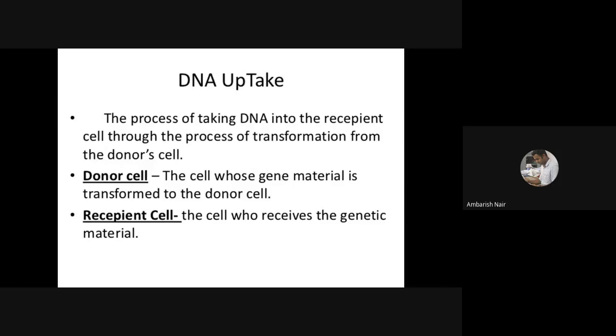That means a bacteria, that cell is not deliberately giving a gene to another bacteria. After its death, or maybe because of UV light, or maybe because of high temperature, it will get degraded, and its genome is there somewhere in the water, or in the soil, or on a skin surface. So ideally you cannot call them donor cells, but for understanding the concept, we can call them donor cells. Those are the cells whose genetic material is transferred to the recipient. A recipient cell is the cell that receives the genetic material. I hope the donor-recipient concept is very clear.